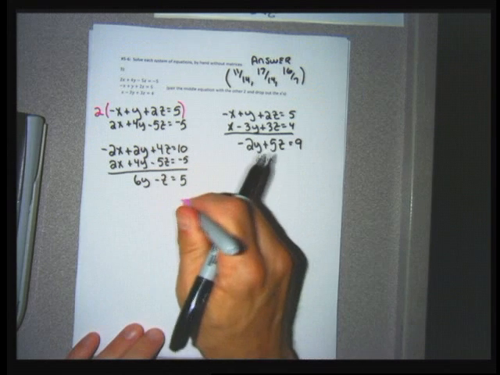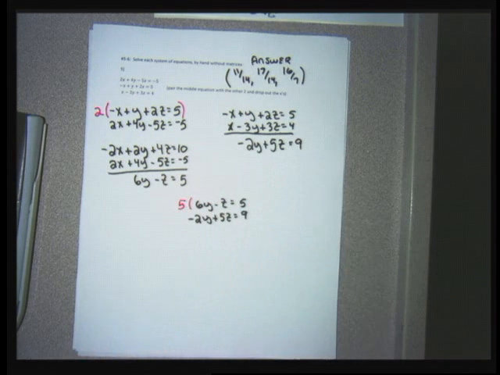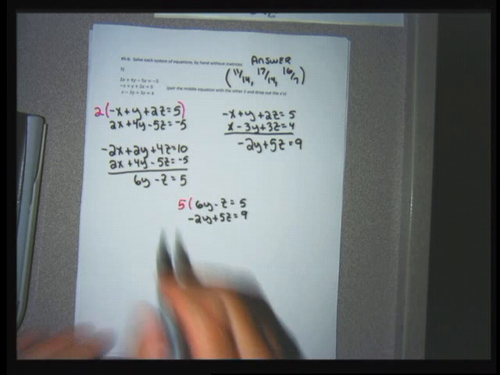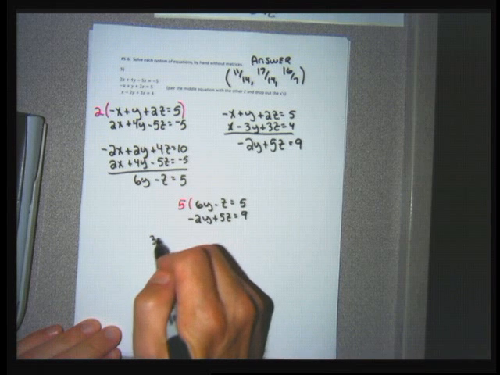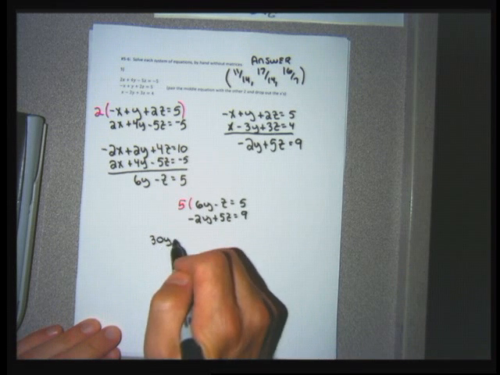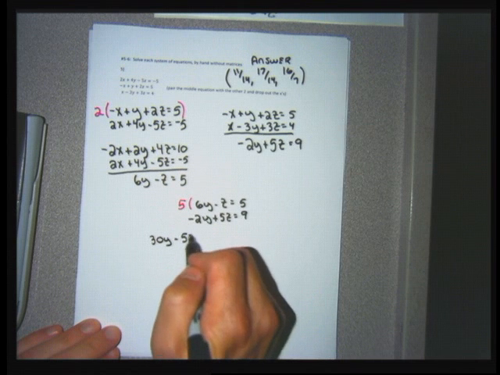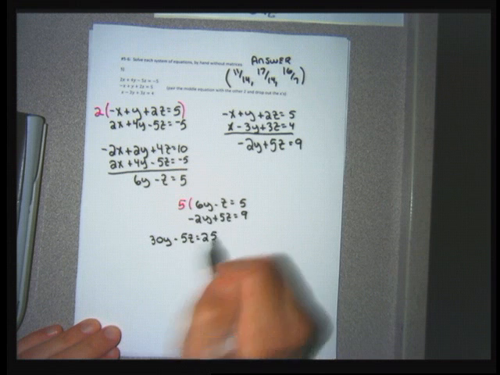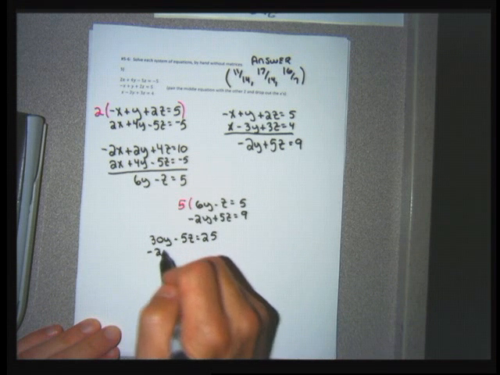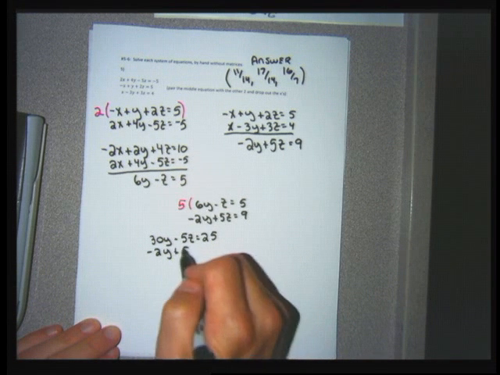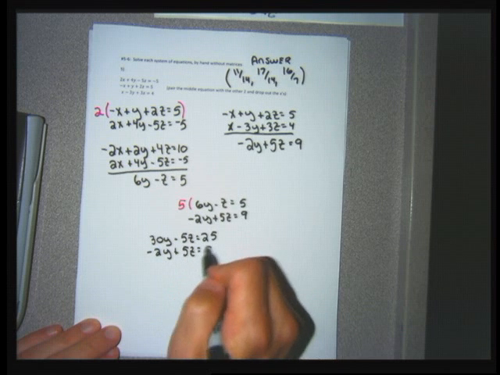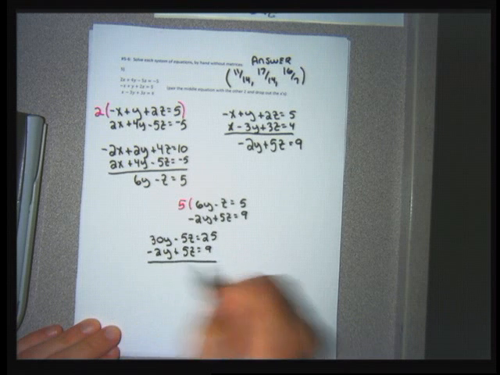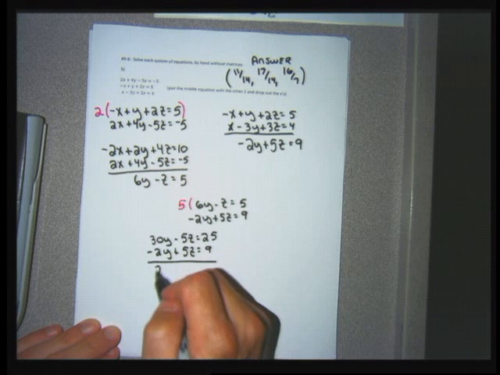But I'm going to drop the z's by multiplying the top equation by 5. When you do that, you get 30y minus 5z equals 25. I'll leave the bottom at minus 2y plus 5z equals 9. I add this together, I get 28y